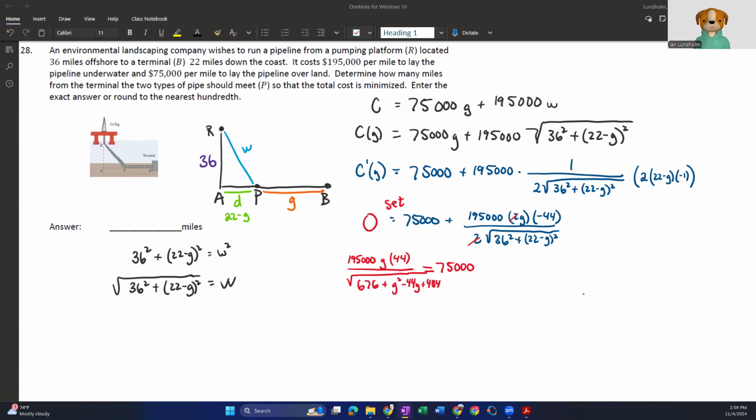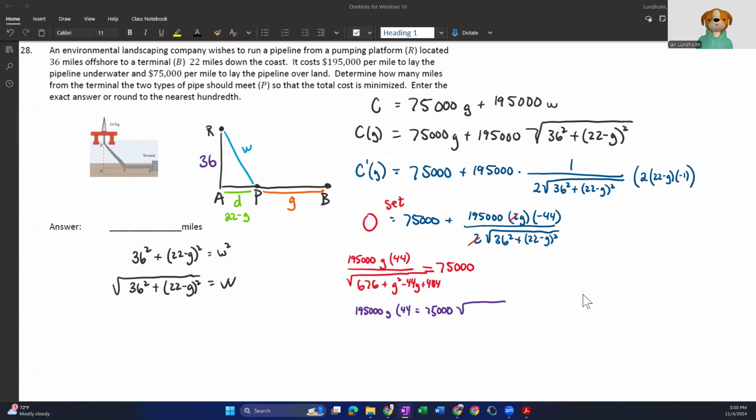So we're doing okay, but now we should multiply both sides by all of that square root junk. So that we get 195,000 g times 44 is equal to 75,000 times the square root of,